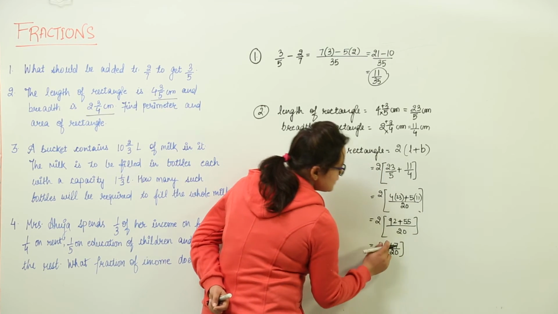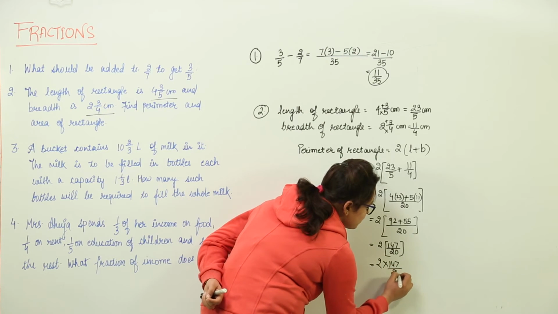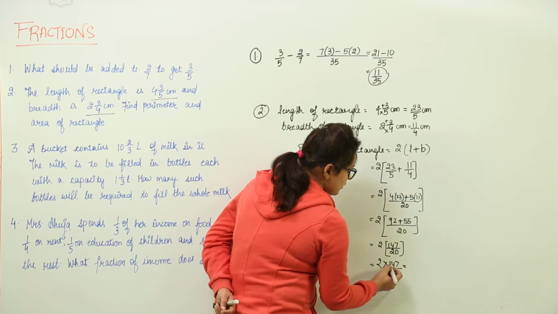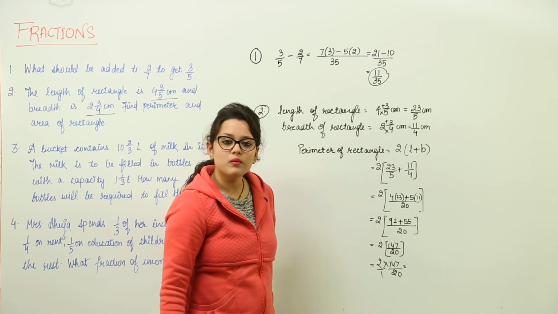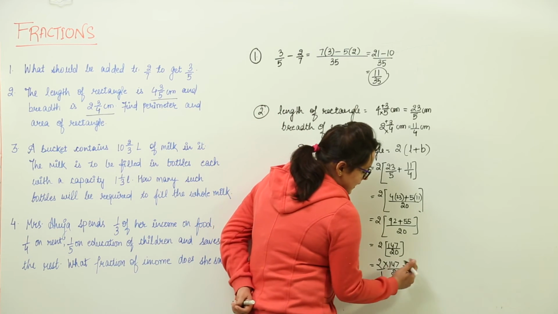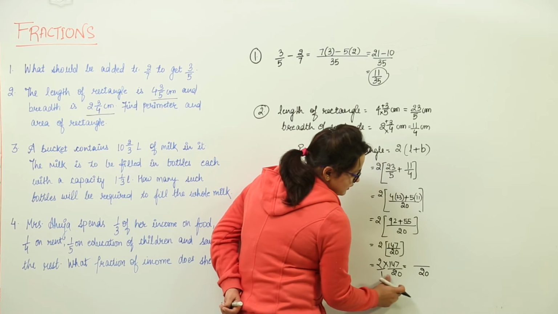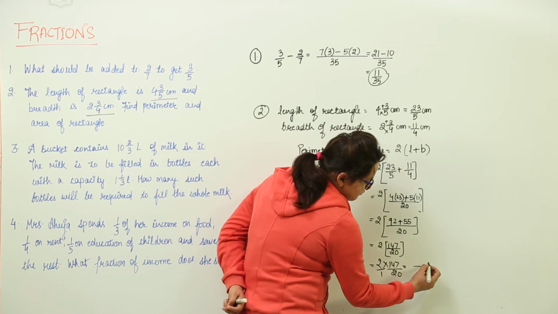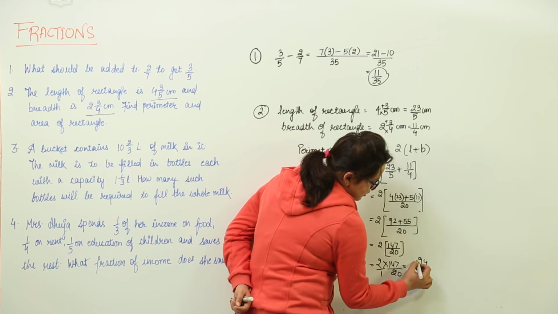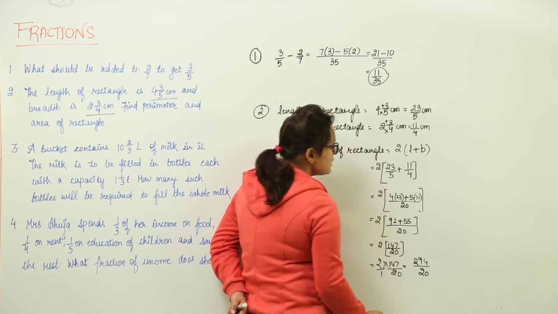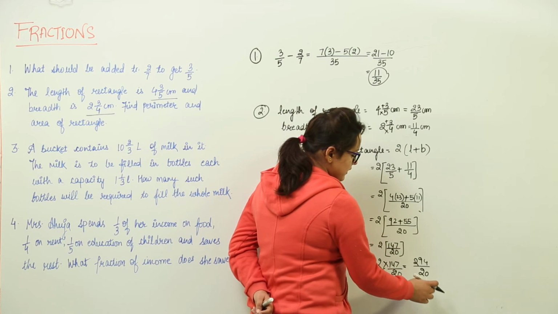Now multiplying this fraction with 2, 2 into 147 upon 20 would be equal to 2 upon 1, because nothing was written in the denominator. 2 is a whole number, so we write 1 on our own and we multiply numerator with numerator and denominator with denominator. 1 into 20 is 20. 2 into 147 would be 2 7s are 14, 1, 2 4s are 8, 9, 2 1s are 2. So this is, you can say, the perimeter coming out, or you can further solve it and get the answer.